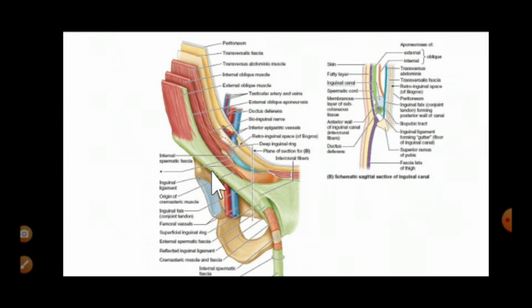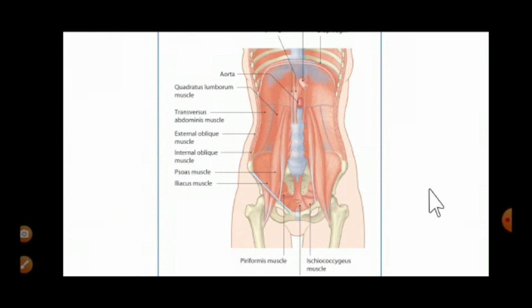So if we take a section through this, now we can see the external oblique, the internal oblique, the transversus abdominis, the fascia transversalis, the extraperitoneal fat and the peritoneum. And here what we are seeing are the vessels. Here this femoral vein will continue as the external iliac vein. The external iliac artery will continue as the femoral artery here. Now that was the anterior abdominal wall.